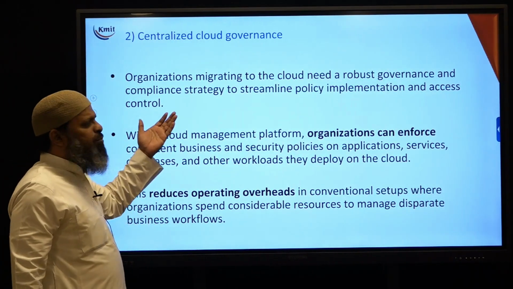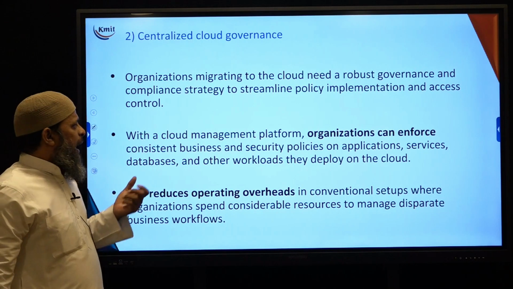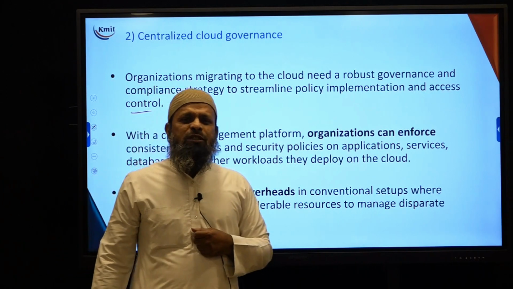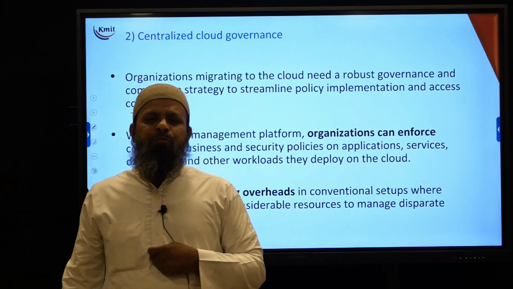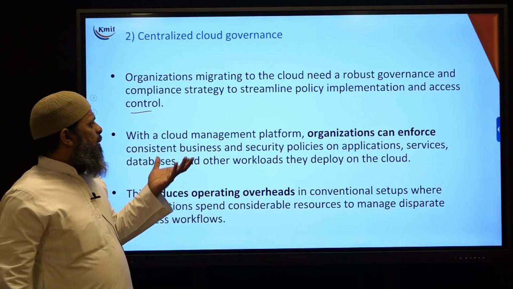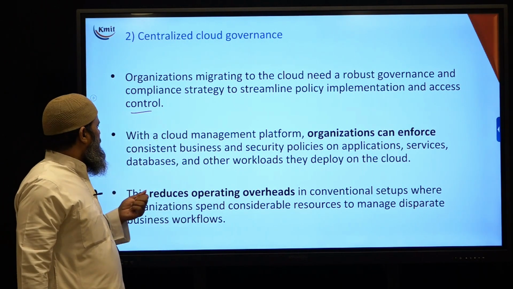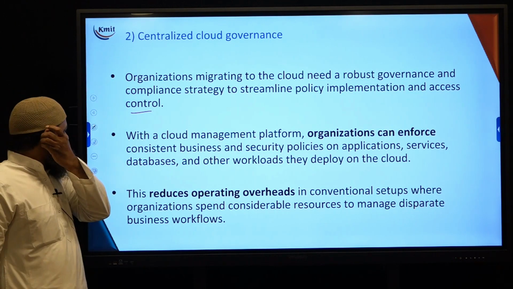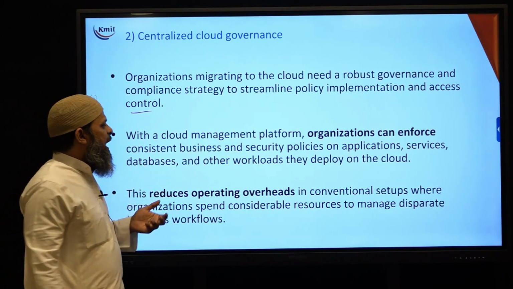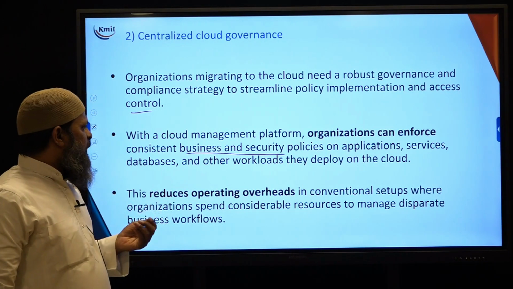Organizations migrating to the cloud need a robust governance and compliance strategy to streamline policy implementation and access control. This means how the resources are implemented and used, what services are implemented and used, and how the access is done. All those things should be monitored properly, and the strategy made, so policies are made accordingly. That is done by centralized cloud governance. With a cloud management platform, organizations can enforce consistent business and security policies on applications, services, databases, and other workloads they deploy on the